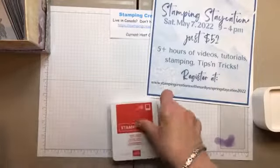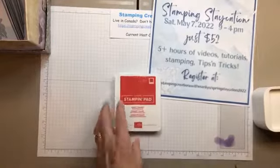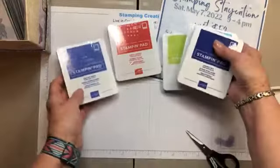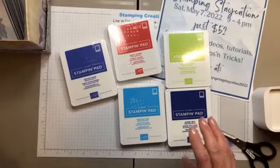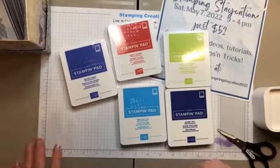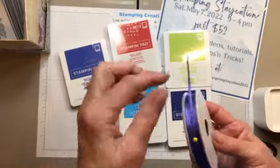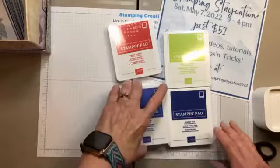And the last one, but not least, obviously, with all of the new things, I love, love, love the new in colors. You have probably seen lots of people displaying them. I do have the stamps, I have the markers, the blends, some of the embellishments, the paper, the ribbon. The ribbon is amazing. Look at this. This fine, fine ribbon. So nice to tie bows with and whatever. But some people